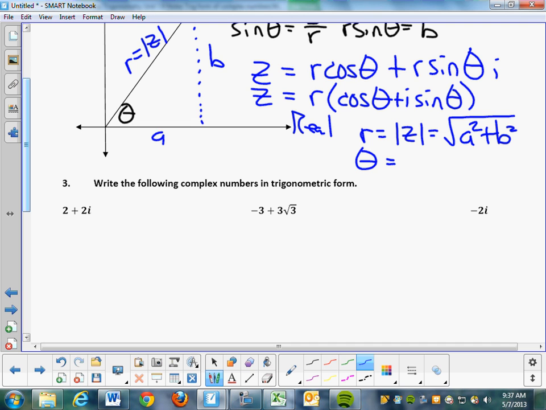Well, there's one trig ratio we didn't express up here. We did sine, we did cosine, but we didn't do tangent. So tangent of theta is equal to b over a. So theta has to satisfy